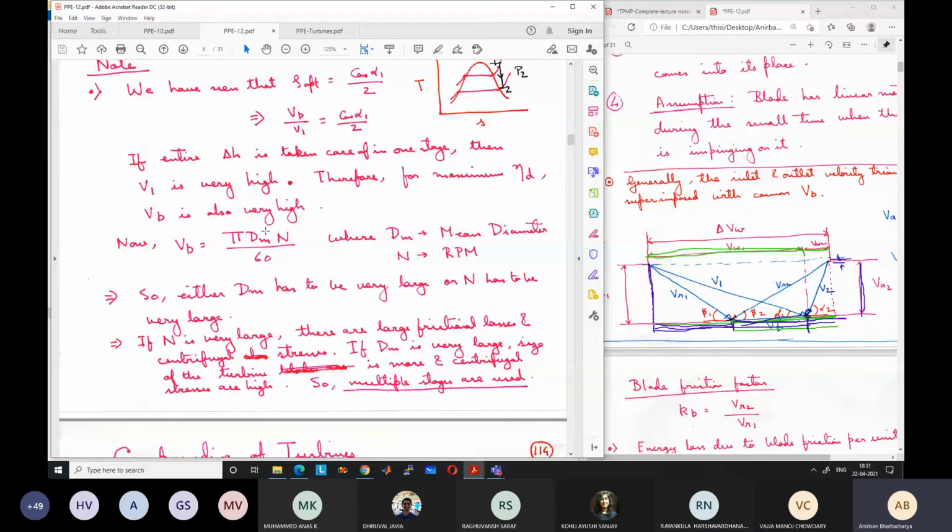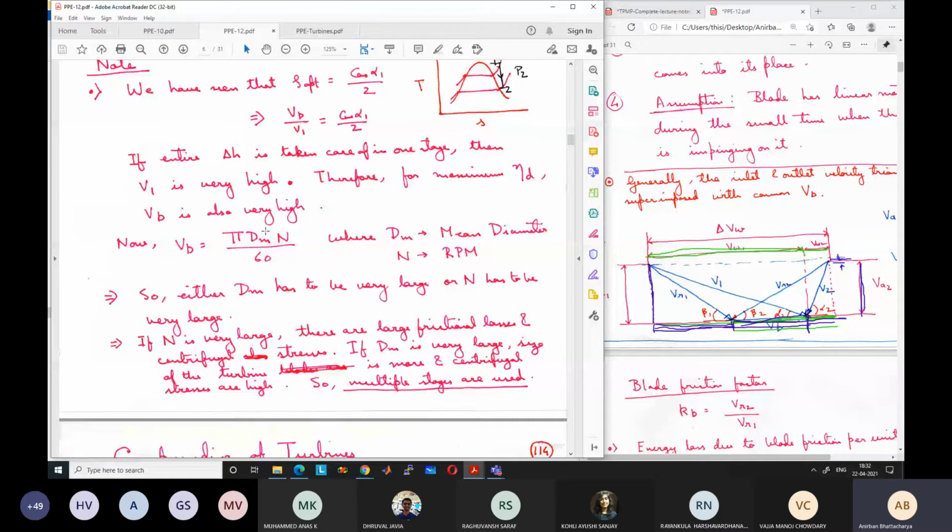Similarly, if n is very large also, centrifugal stresses will be very large because centrifugal stresses depend on the rotational speed. And for very large rotational speed, there will be more frictional losses. Rotation is very fast, so there are more frictional losses in the bearings, and there are more frictional losses within the gas itself because the blades are pushing along the gas. There are gas frictional losses, meaning steam frictional losses, which are known as windage losses. We will study them later. So both are harmful. A high value of n is harmful, and a high value of dm is also harmful. It means that we should not have a very large value of VB. So it means that a single stage is not feasible.